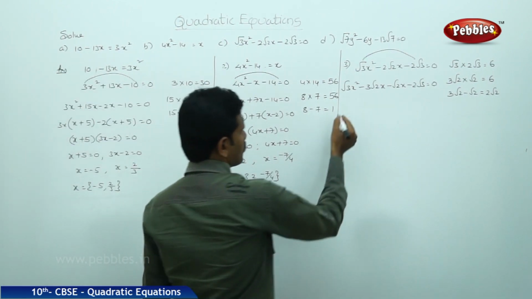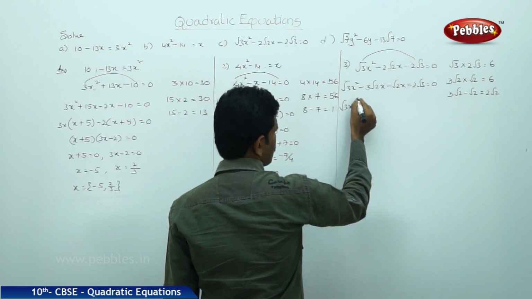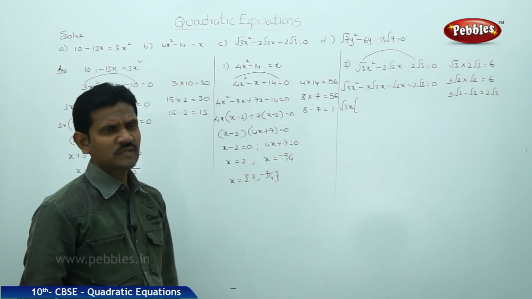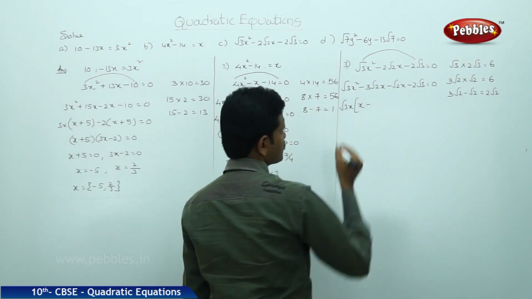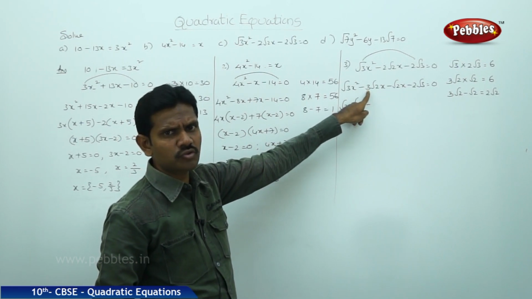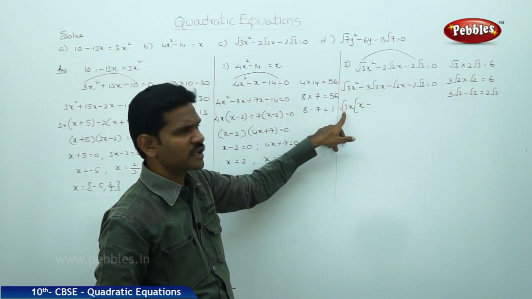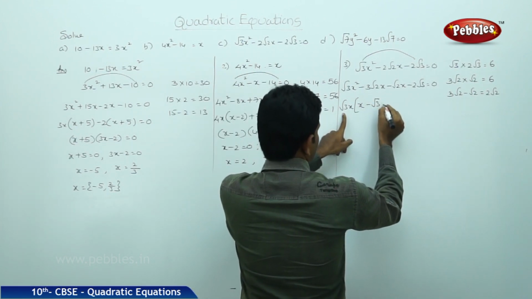Now arrange this: from this, take root 3x common. If you take root 3x common, x minus, this 3 can be broken down into root 3 into root 3. One root 3 you take in common, then one more root 3 will be left. Root 3 into root 2,